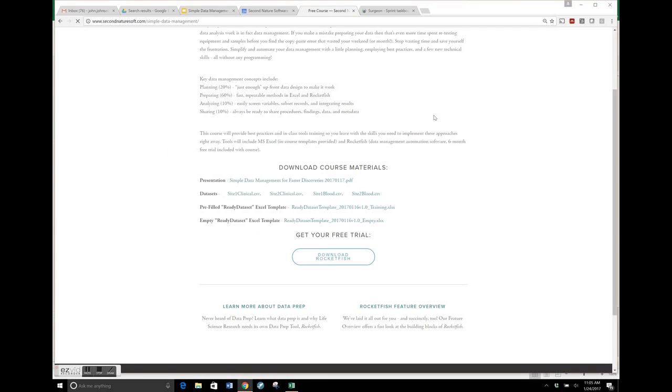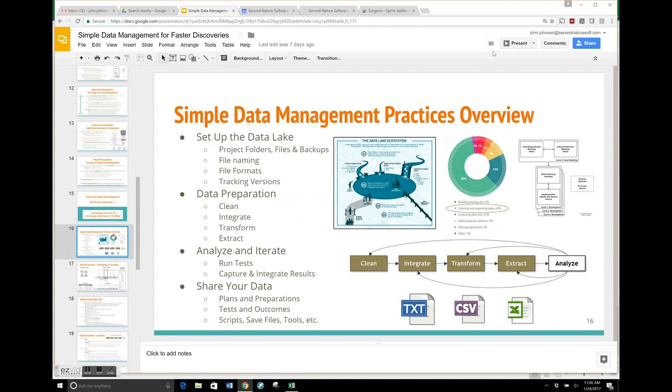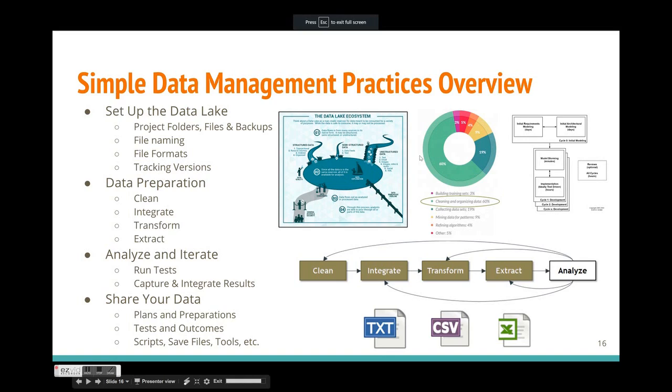Now, let's go ahead and talk about the practices of simple data management. First off, here's a quick overview about the practices. We're going to discuss how do you set up your simple data lake. In this case, we're going to talk about setting it up on your desktop, but this could also be for a shared drive, or it could be for any other system in which you are locating your files, like a wiki. We're also going to be talking about data preparation, how we're going to clean and integrate and transform and